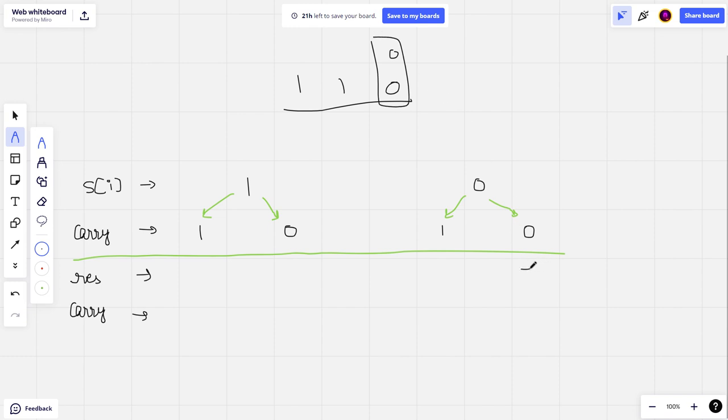Okay, so my result would be plus 1. It is the steps. The result is my count of the steps, and carry will remain 0. Okay. Suppose there is a carry which came from solving this part, and I am at this